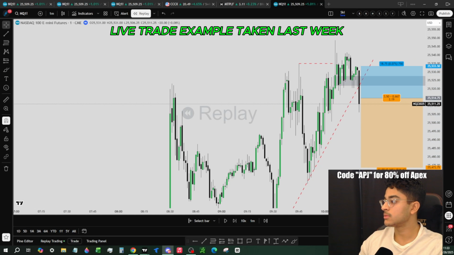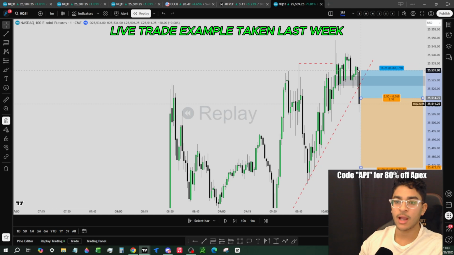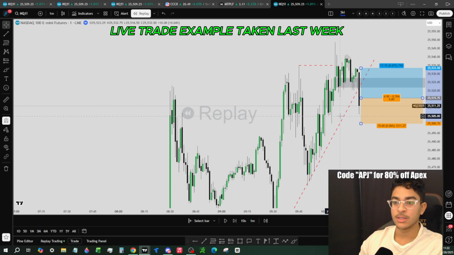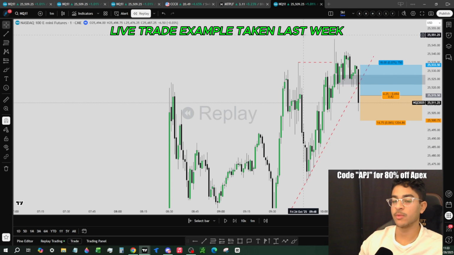was something like, it was either the high of this displacement or the high of this little swing high right here, and I was targeting these lows down here, right? So something like this. My risk reward was about 0.8, 0.82. So I'm looking to get short on a little bit of a retracement, being that we just swept high of day. We broke this trend line. We have our bearish 1 minute inversion.